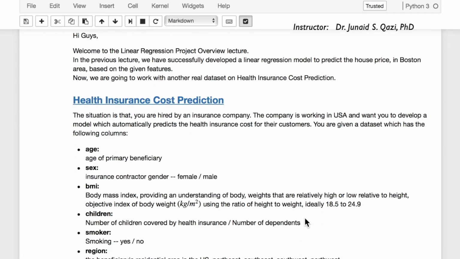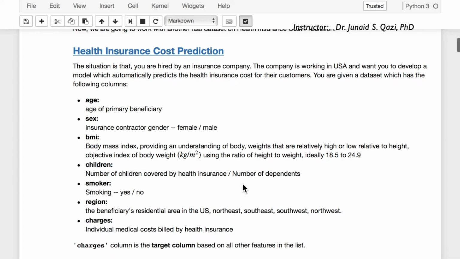The situation is you are hired by an insurance company. The company is working in United States and wants you to develop a model which automatically predicts the health insurance cost for their customers. You are given a data set which has the following columns: age of the primary beneficiary,